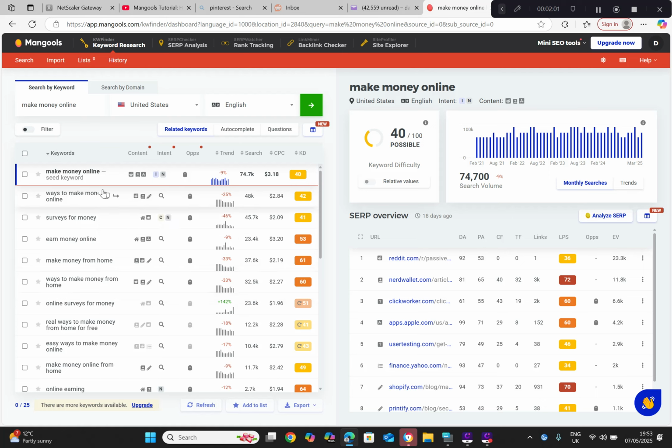Look, that's quite a lot of money for a cost per click, $3.18, and this is the ranking. It's calculated, so we can't actually click on that, but that's the ranking system, and it's been searched over 75,000 times, and this is the trend. You can see all the different data. You can export it, or you can save it, you can add it for later on,